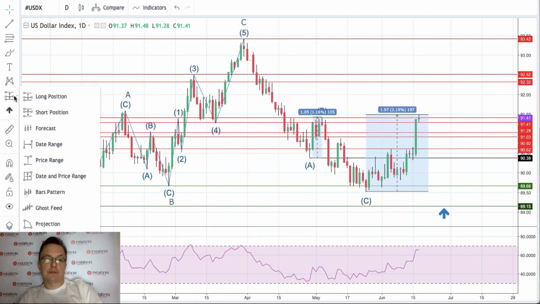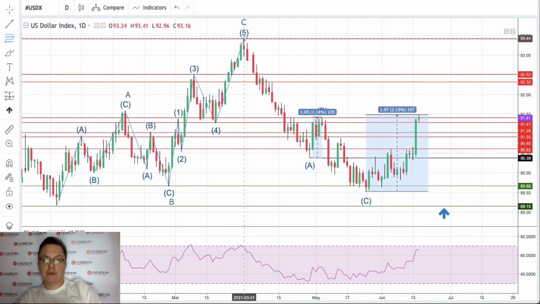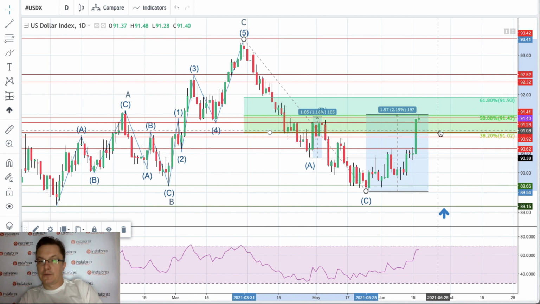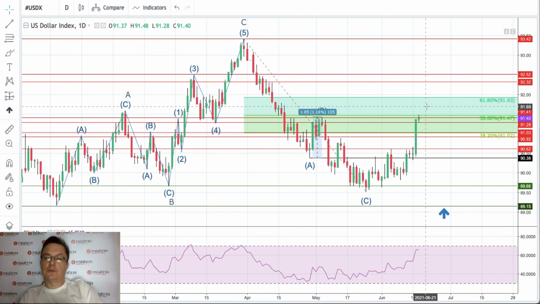Let me just take a look at the Fibonacci retracement to see how much we have retraced already. From the top to the bottom we have retraced 50%, exactly 50%, at 91.47. The recent high was made at 91.48, so 1 pip above, 2.9%. We are starting another move to the upside. Looks kind of impulsive, but let's just wait a little bit to see how this bounce